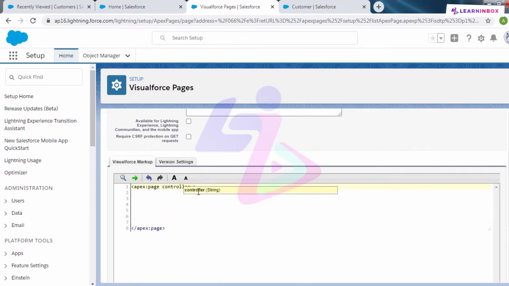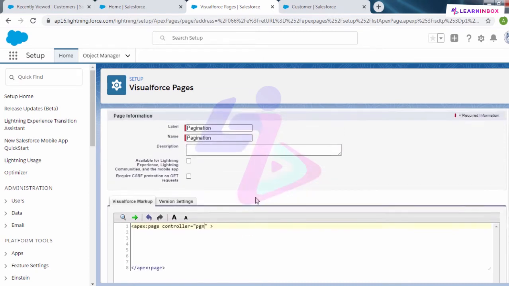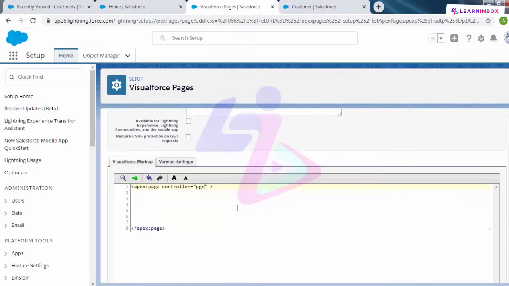Controller, and you have to give a controller name here, and this controller name would be the name for your Apex class. So let me give a name, say PGN here. Now if I save this page, I will automatically get redirected to a new Apex controller.